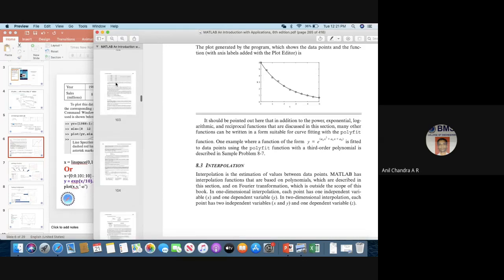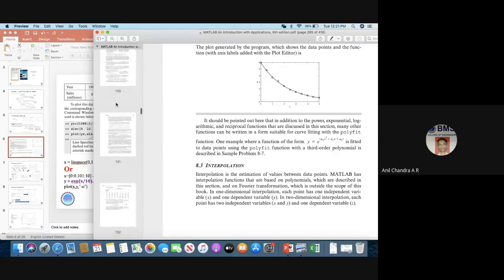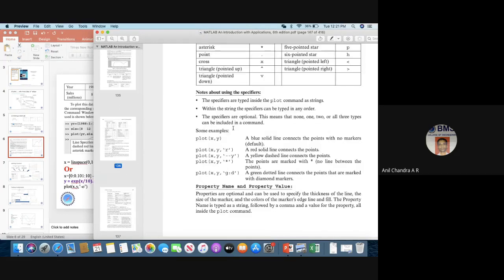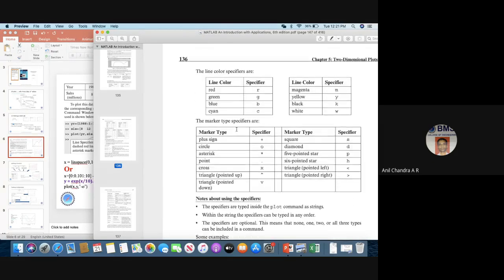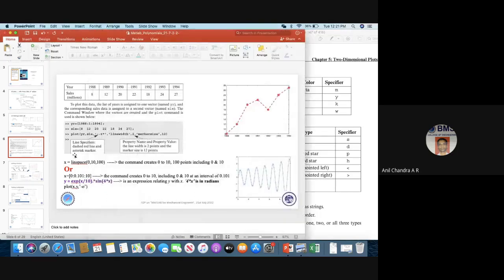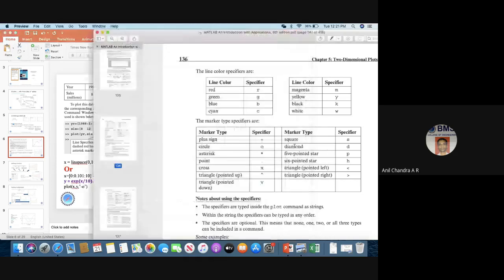Just give me a moment. So if you want to go for a red line, use R, green line G. These are the abbreviations, the letters that you have to put here. You can use R, K, Y, W to get different color lines, different types of lines. And if you want different types of markers, you can play around.